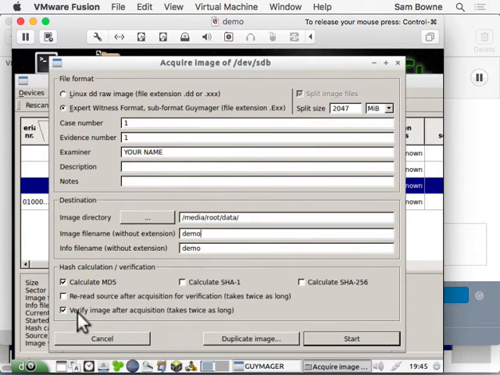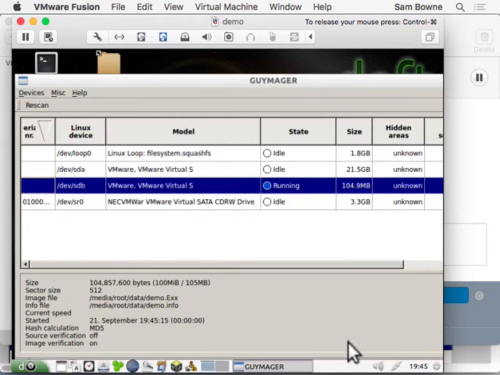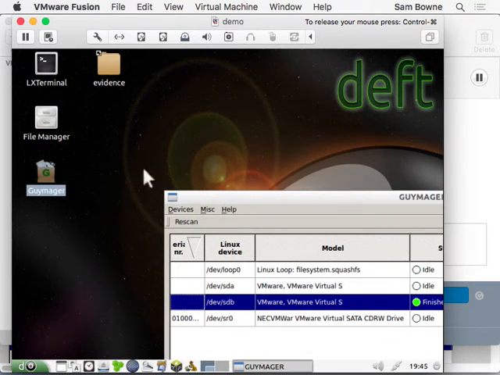Now it's going to calculate an MD5, it's going to verify it, all that's fine. I think I'm ready to go. It's going to make an expert witness format. So I start it, it's running, it's done. Because it's so small, it'll happen right away. So now I can go look at what it created. If I open a,